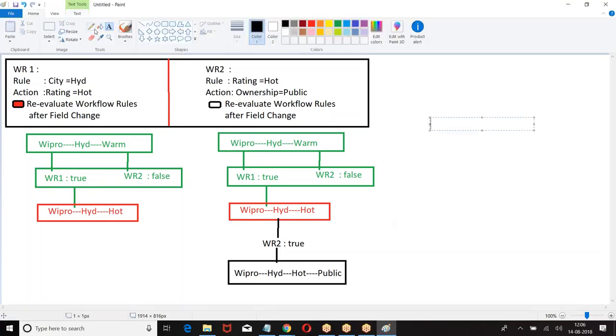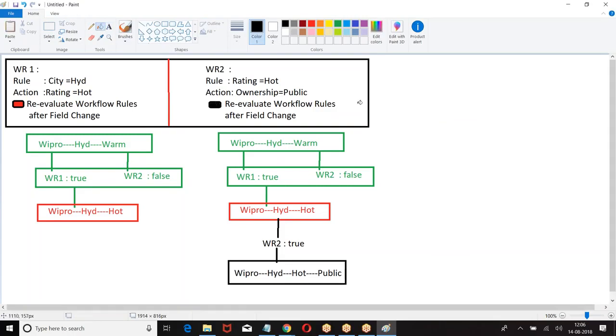Now, if I enable this again, if I enable this also, then if there is any modification because of the rule number 2, if there are any failed rules, cross check. But are there any failed rules? A rule will be verified only once, and if it is true, it will not cross check again. So what is the purpose of this? Re-evaluate means that if there is any field update on the record because of this workflow rule, cross check the remaining rules which failed in the earlier step.